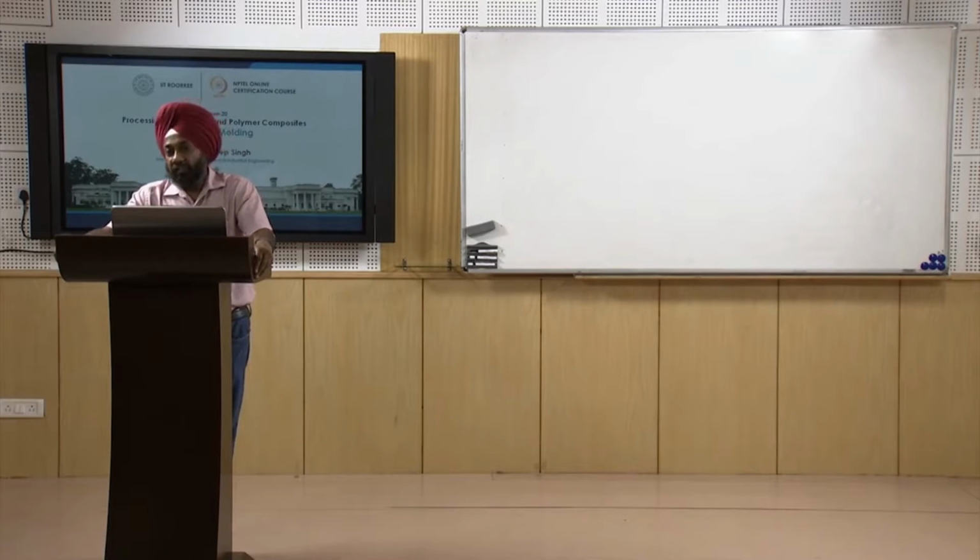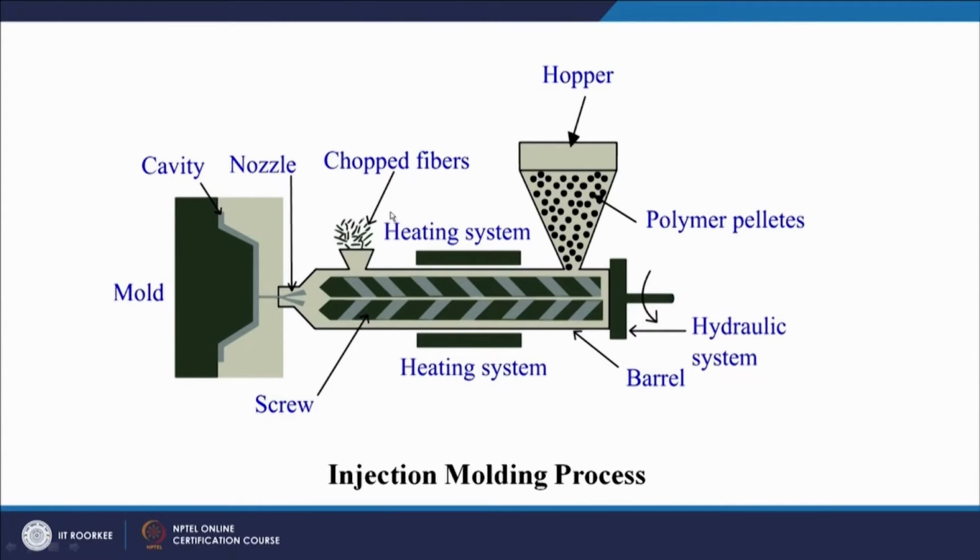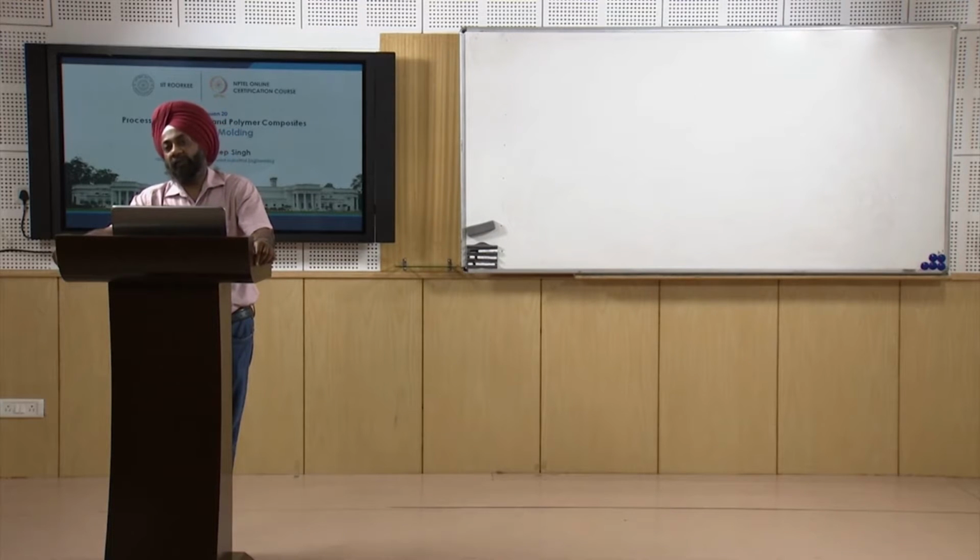So basically there are a number of studies available in which the fiber is introduced along with the polymer pellets through the hopper, but it has been reported that there is a certain amount of degradation in the properties of the fiber when they move through the barrel alongside the polymer. Therefore the advanced version can be that you introduce your fibers just before the polymer is going to enter the mold cavity, so that the fibers do not travel a long distance inside the heated barrel. So that is one process modification which is being used.